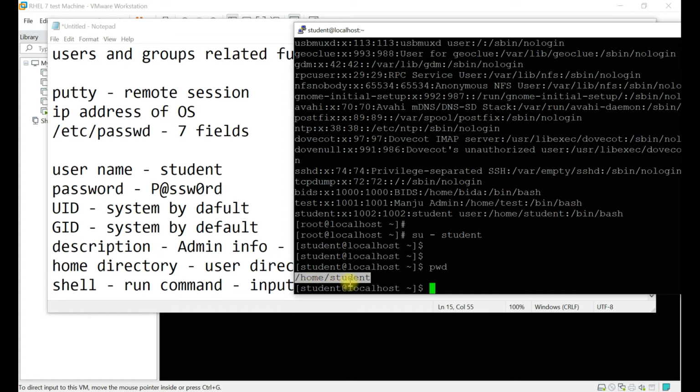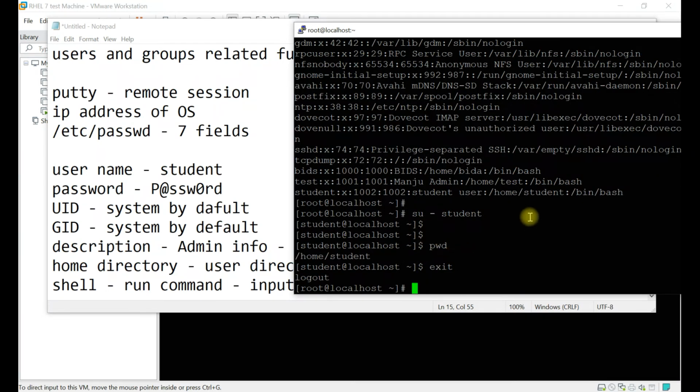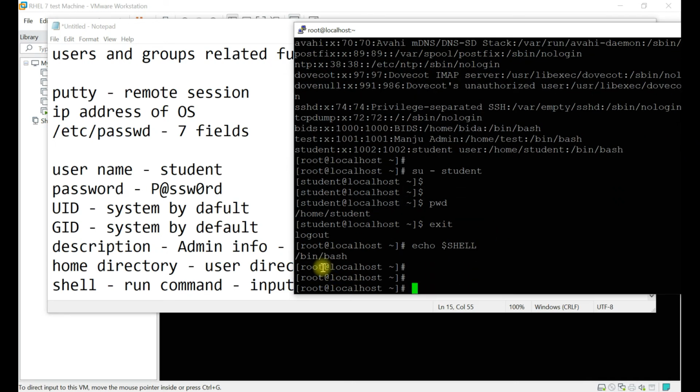If you are creating test user, so /home/test. So always the ID and home directory will be of the same name. Okay, so we do exit, which means switch back. And if you want to see which shell we are using, so /bin/bash.